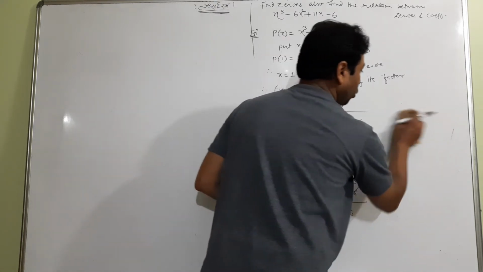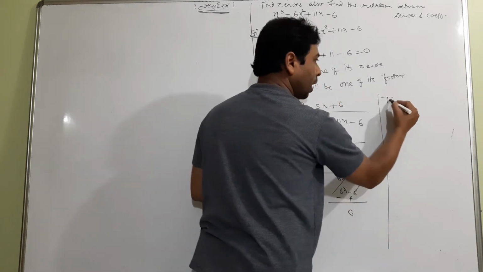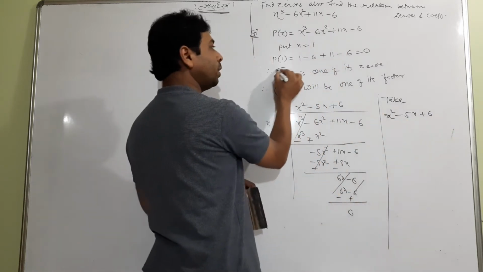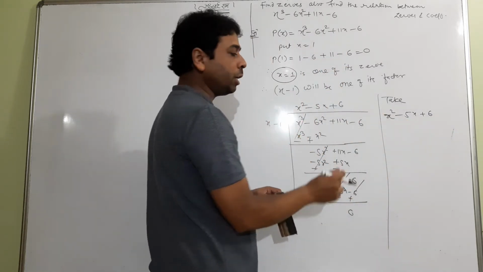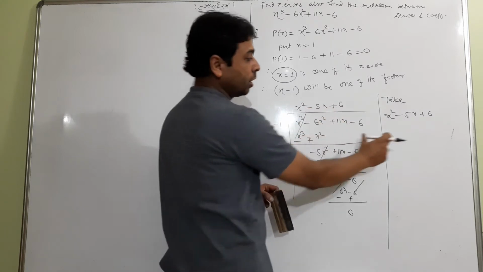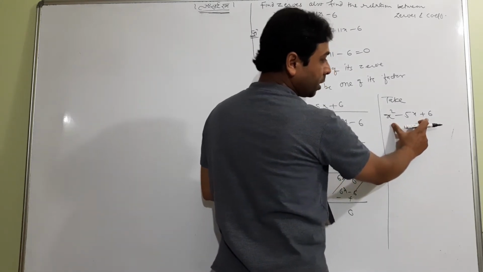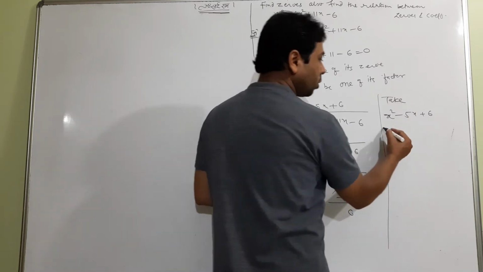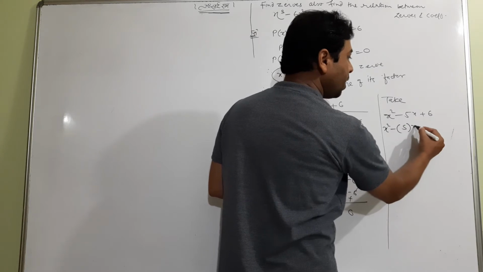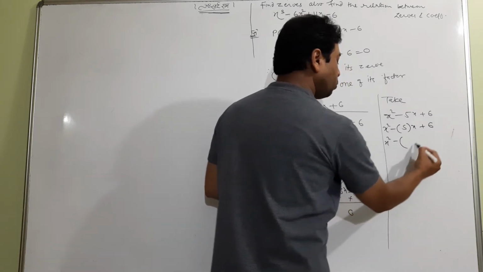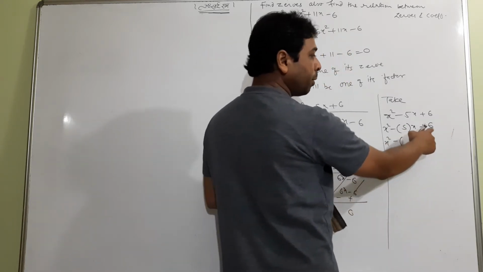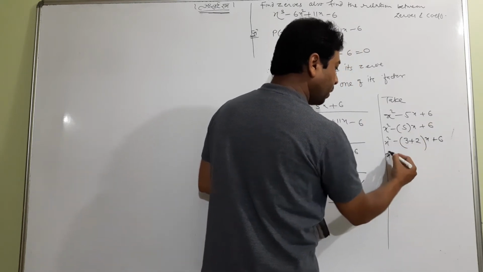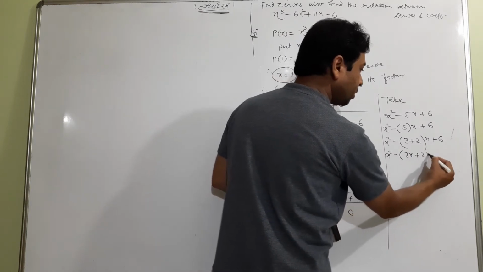So it is a quadratic polynomial. I will take it because I want to find all the zeros, and 1 is one of the zeros. What about the rest of the zeros? They are hiding in this. It is not tough, because it is a quadratic polynomial and it is our habit to split the middle term. I have to choose two numbers whose sum is 5 and product is 6, which are 3 and 2. Then x square minus 3x minus 2x plus 6.